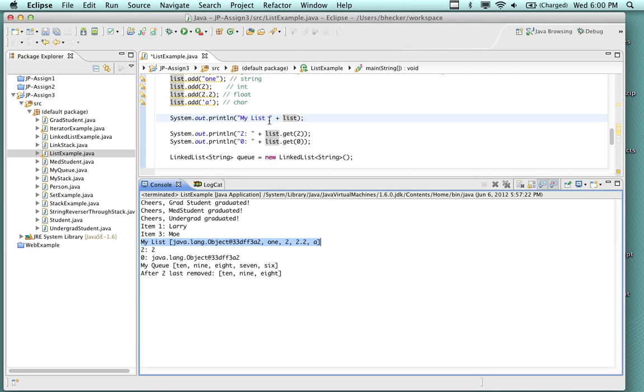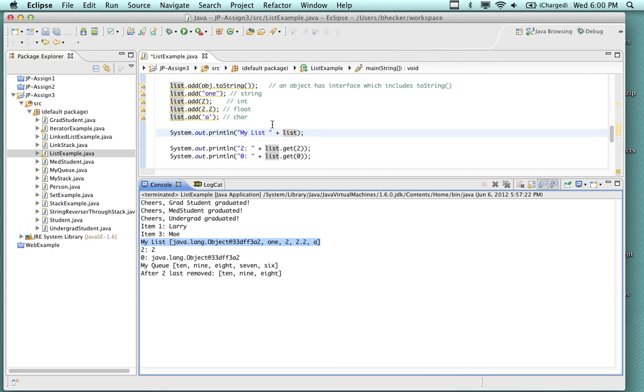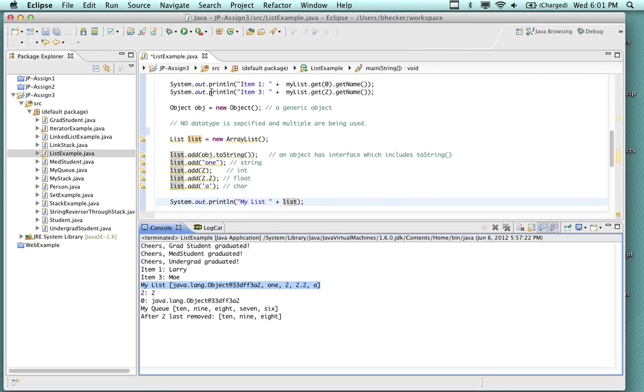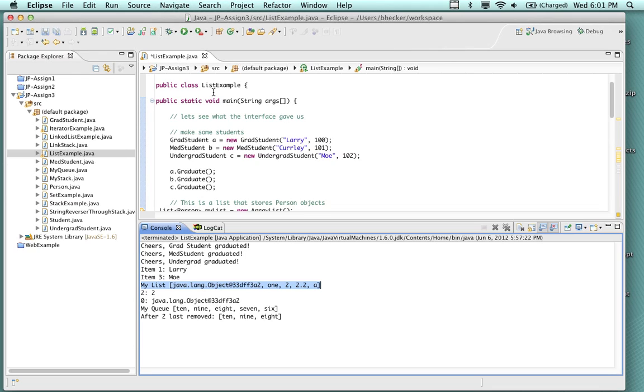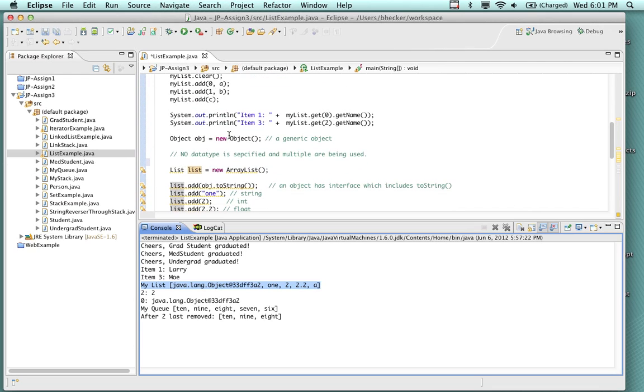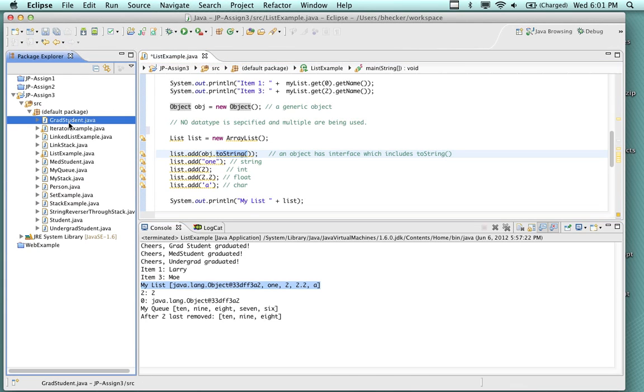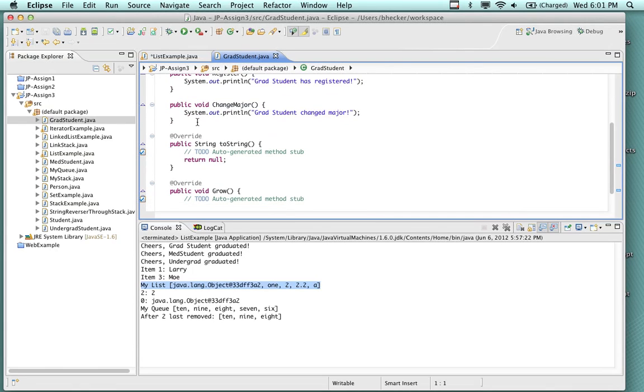And if I did that with a person, it would probably print out the same thing as well, because there's nothing, unless I implement the toString. So, in fact, I did implement the toString, didn't I? Did I do that? Let me show you something actually. We implemented toString. This is a plain old object that has a toString method, regardless of what it is. I overwrote the toString over here in, let's do a grad student. Let's do it because I put some stuff in grad student here. So the toString is going to print out, instead of printing out the object reference,